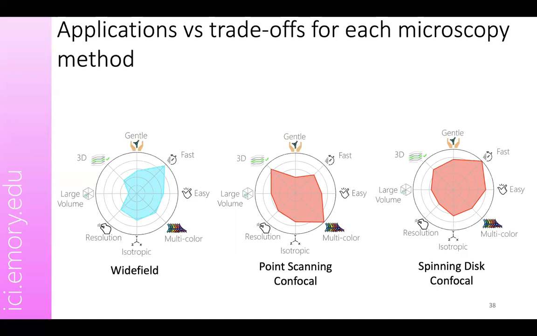And resolution, again, depends on what kind of objective you're using, right? So if you are using a wide field epifluorescence microscopy method versus point scanning confocal, these methods won't change the resolution. At the end of the day, resolution is dependent on the objective that you are using, whether you can do a large volume, whether you can do 3D, right? So let's compare each of them. For example, if you are using